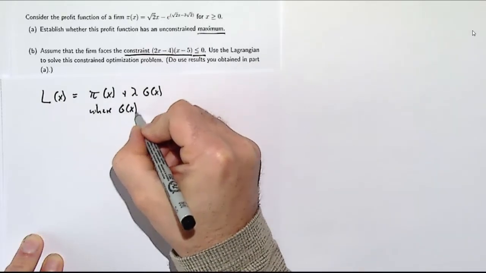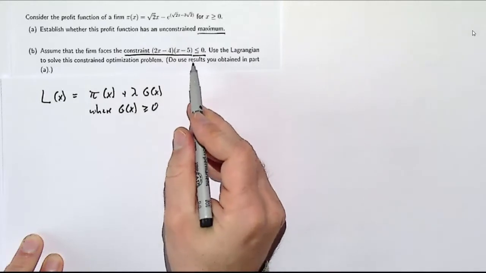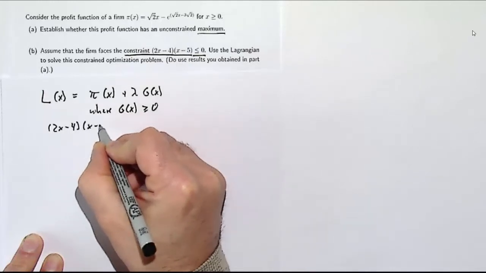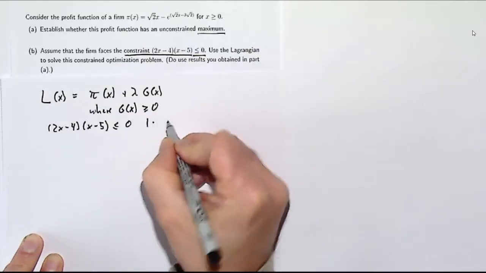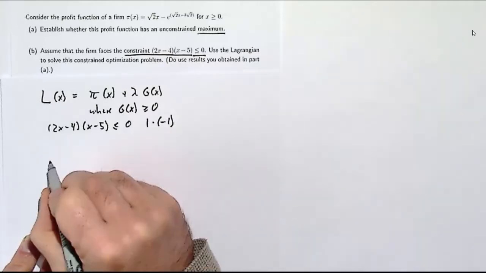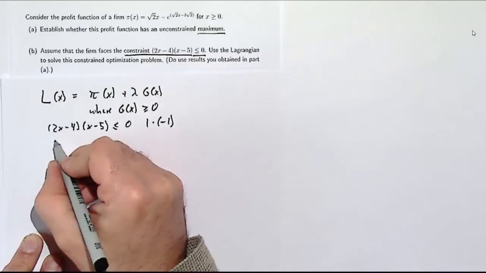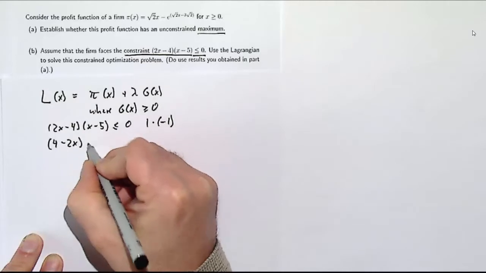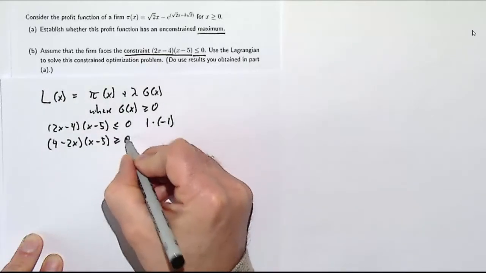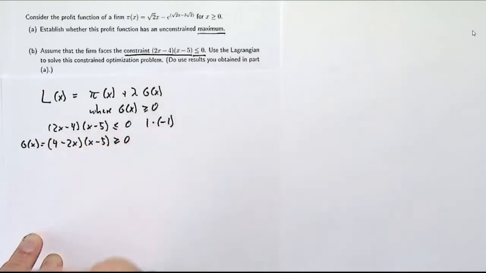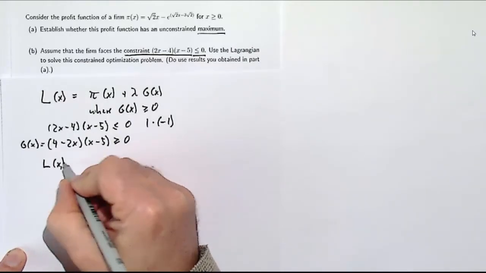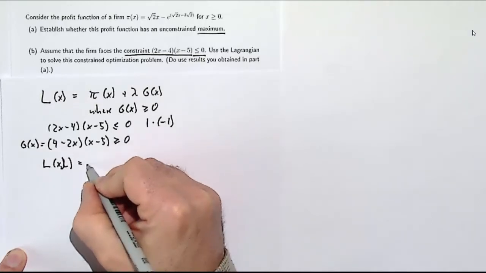So the Lagrangian will be equal to the profit function plus lambda times a constraint function. But the constraint function always has to be set up so that it is larger or equal to 0. Our constraint was given as smaller or equal to 0. So let me replicate the given constraint. If we multiply both sides of that inequality by -1, then on the left-hand side we get -2x plus 4, or we turn it around, 4 minus 2x, times x minus 5, and then the direction of the inequality changes around,